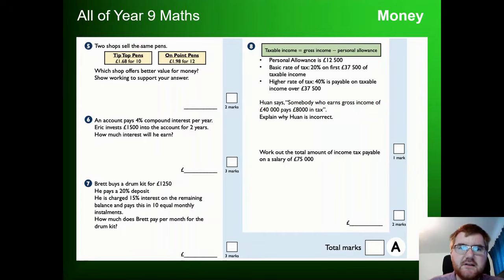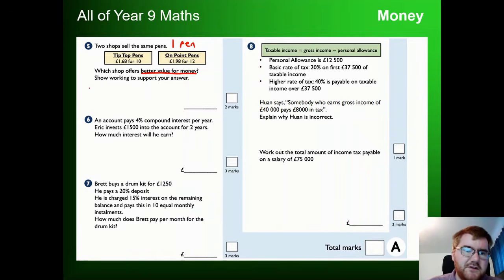So two shops sell the same pens. This is something you probably do in real life as well. So you see two offers and you want to work out which one has the better value for money. Very important phrase to understand. The easiest way to do this is to work out the price for one pen and see which one is